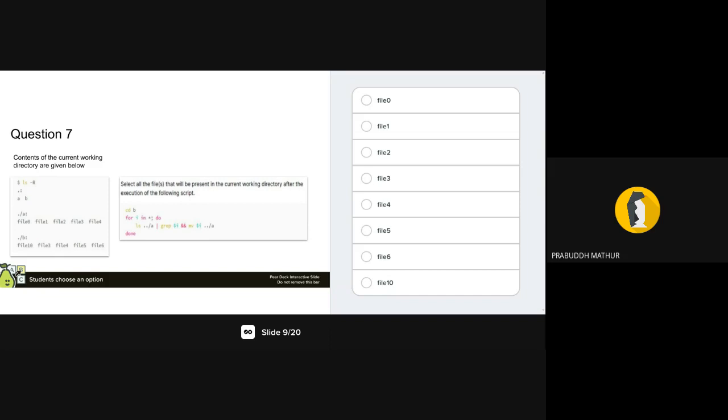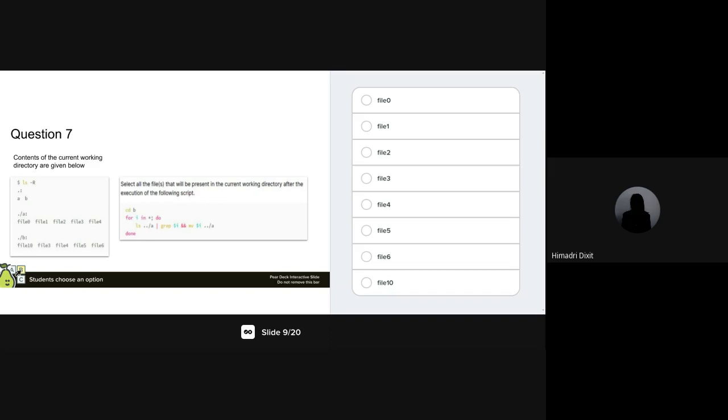Can anyone explain to me what this for loop is doing? So we are iterating through everything that is present in directory B, because we have changed directory into B. And then we are going through every